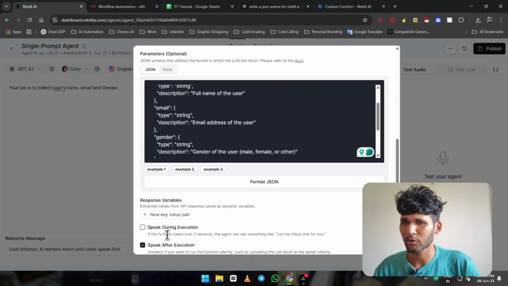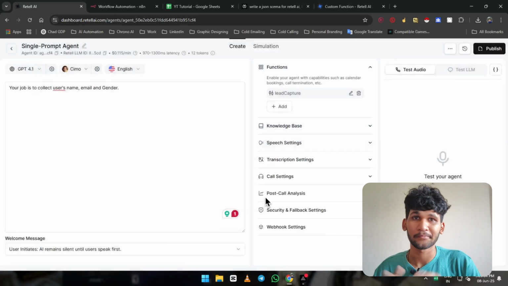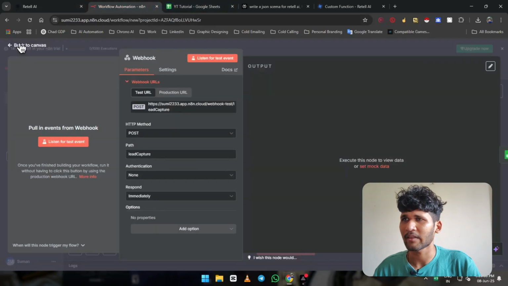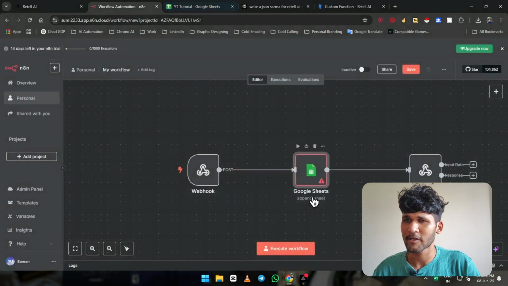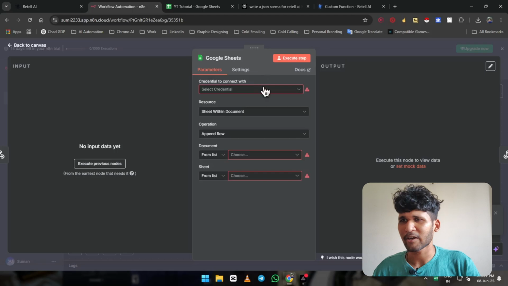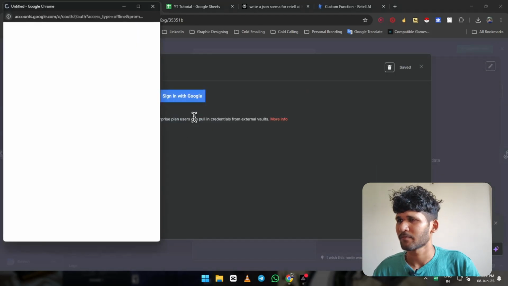Then you are going to hit save, and it is going to be done. Now you have to come here and click on Google Sheets, and first you have to configure it. How are you going to do that? Create new credential and just normally sign in.